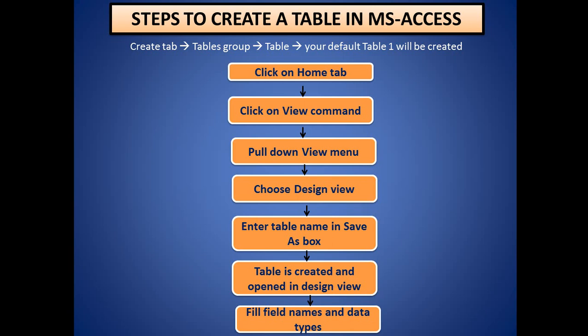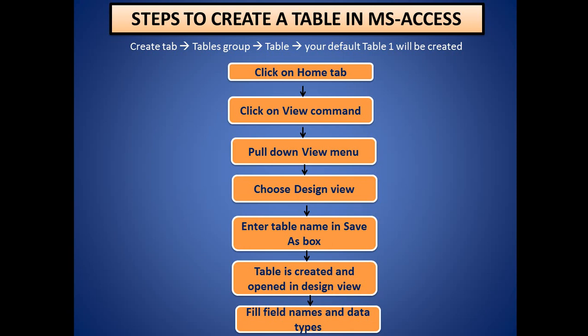Now the steps are here to create a table in MS Access. So the very first thing what you have to do, you will have to go to the create tab. Then in create tab, tables group, in tables group you will have to select the table option, and in table option once you click you will get table 1 as the default table. So select that table 1, then again go to the home tab, then click on view command,